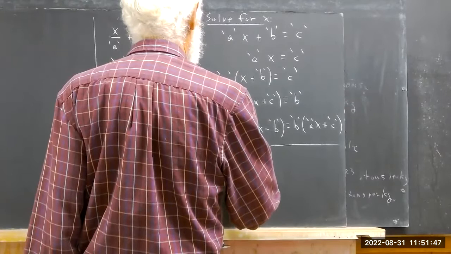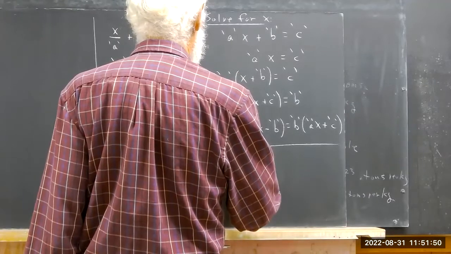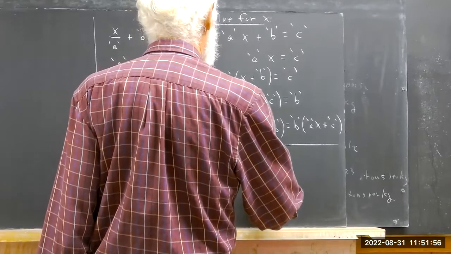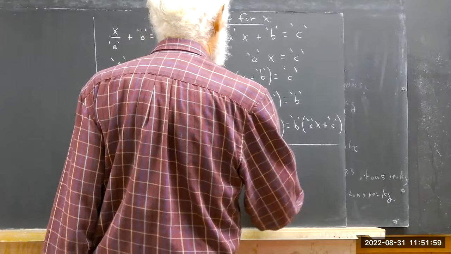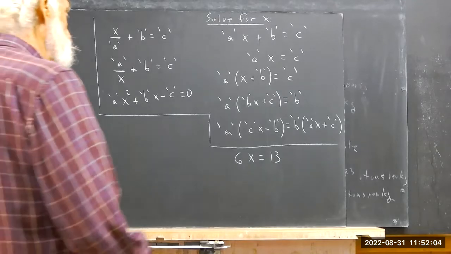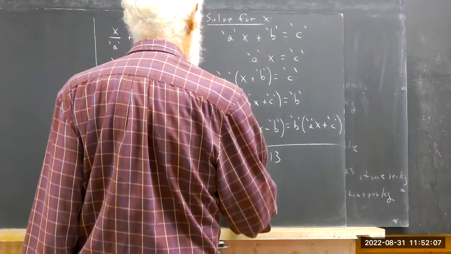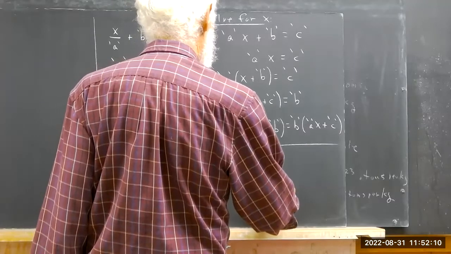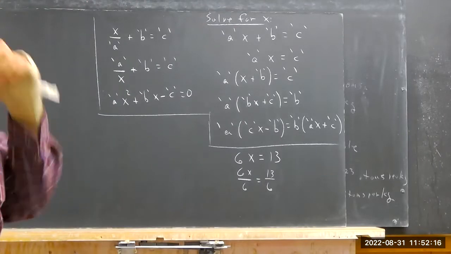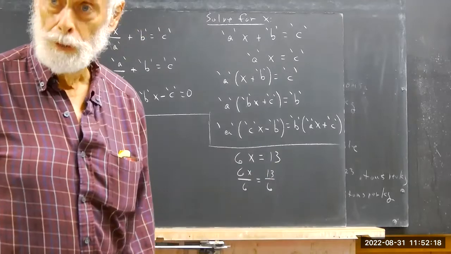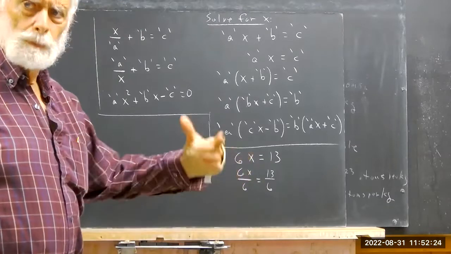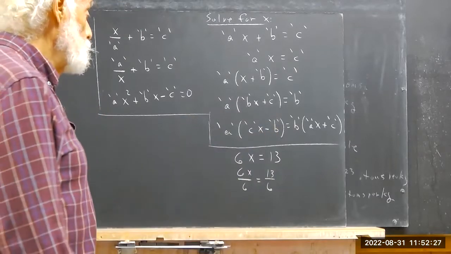Let's say A is 6. Let A be 6, and say it equals 13. So 6x equals 13. Then 6x divided by 6 is 13 divided by 6. Or you can multiply 1/6 by both sides, either way. It comes out to the same thing. So at least one paper multiplied by 1/6, and that should work fine.